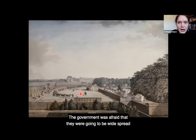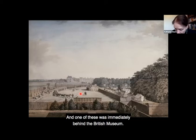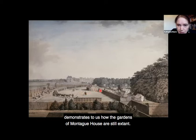The government was afraid that there were going to be widespread protests across the capital, and therefore they stationed troops at strategic places across London. And one of these was immediately behind the British Museum. And this encampment stayed in place for 2 months and demonstrates to us how the gardens of Montague House are